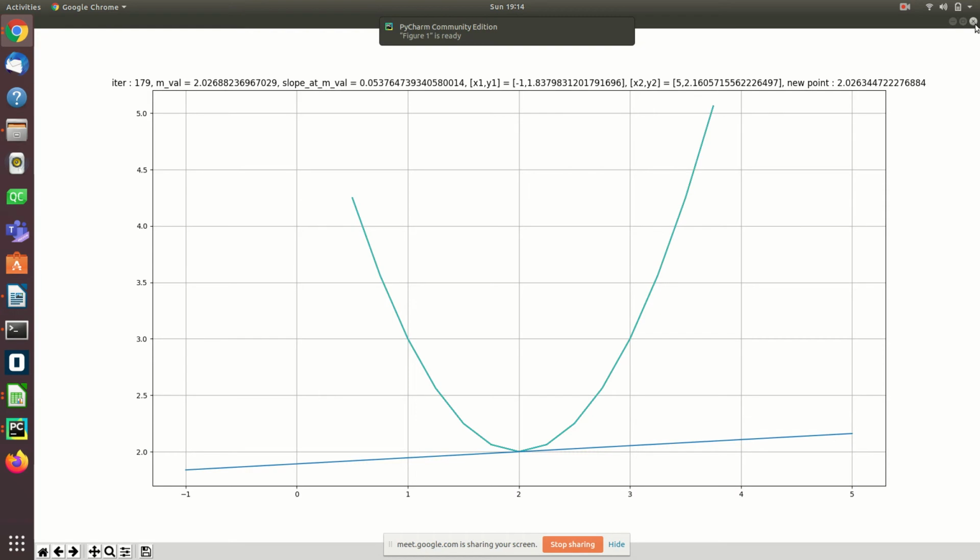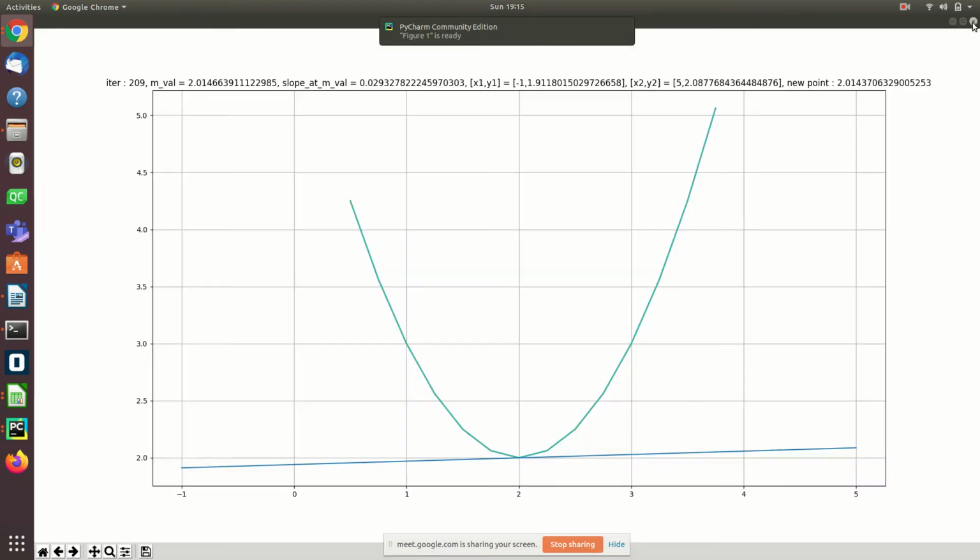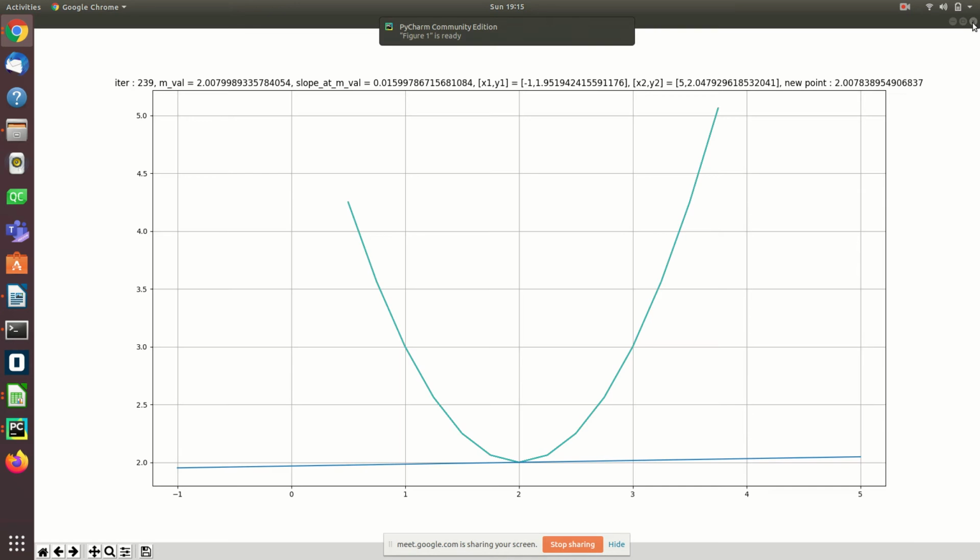I didn't do anything. I have a plot started at some point in time. Somewhere we have to start, take a step down and try to see the slope. Is it 0? No. Take a step down, try to see. Is it 0? No. Take a step down, 0. Again take a step down, 0. So we're trying to reach. See, it is trying to balance itself.